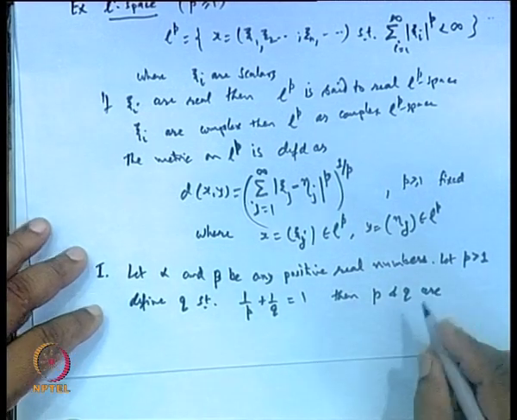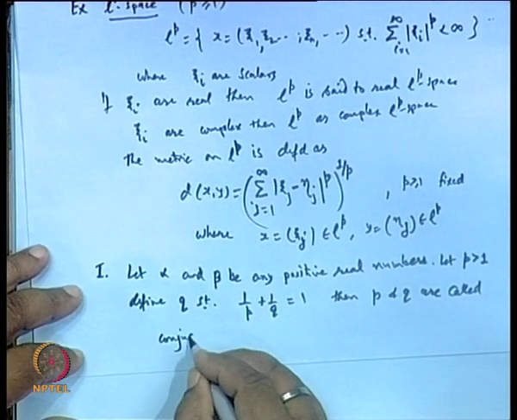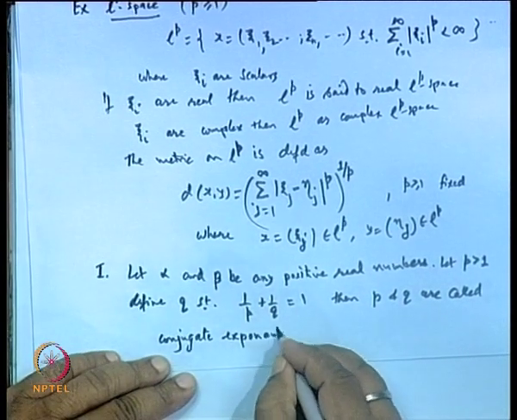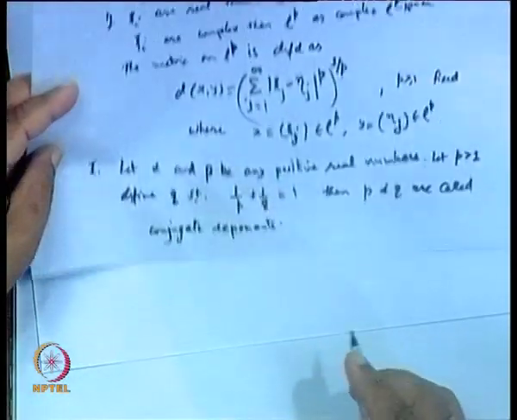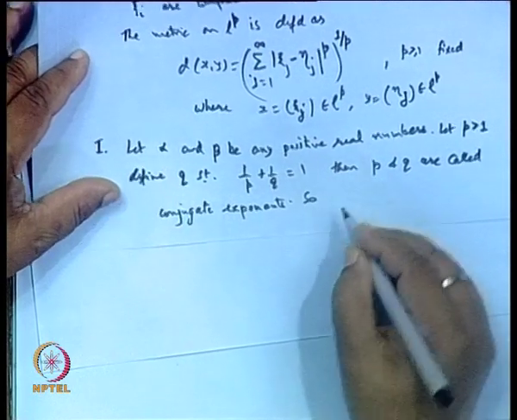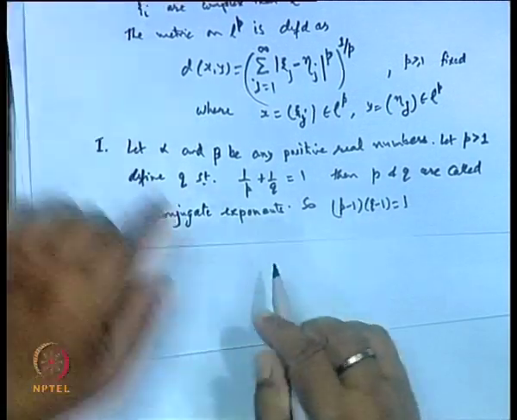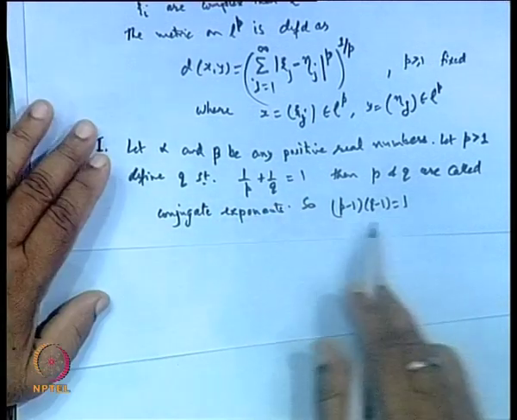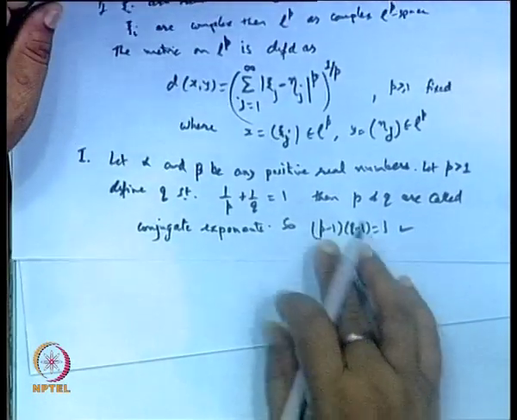are called conjugate exponents, and obviously when this condition is satisfied, we get (p − 1)(q − 1) = 1, which can easily be seen: q + p is pq, and immediately we can get this result. Okay. Clear? Now, based on it, now the inequality is